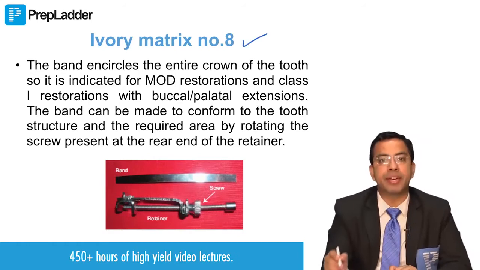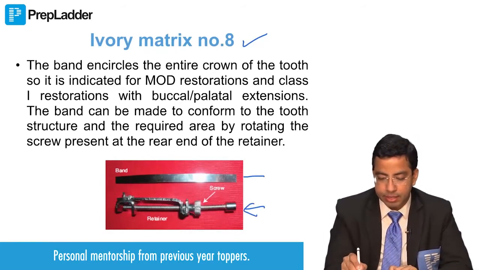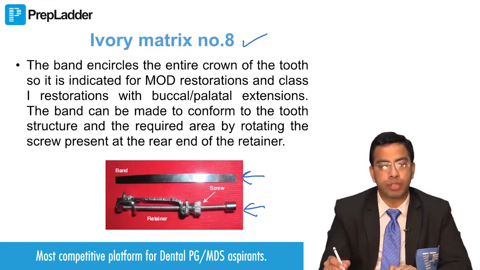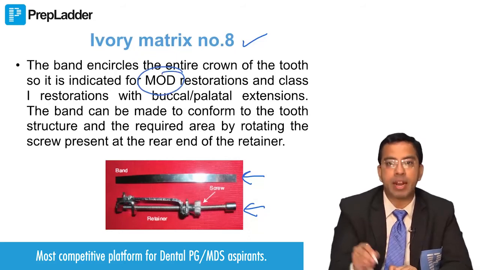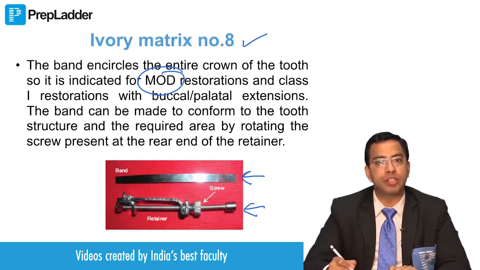Then you have Ivory matrix number 8. This is the retainer and this is the band. The band encircles the entire crown of the tooth structure. So, it is specially recommended for MOD preparations and class 1 restoration with the buccal extension or class 1 with